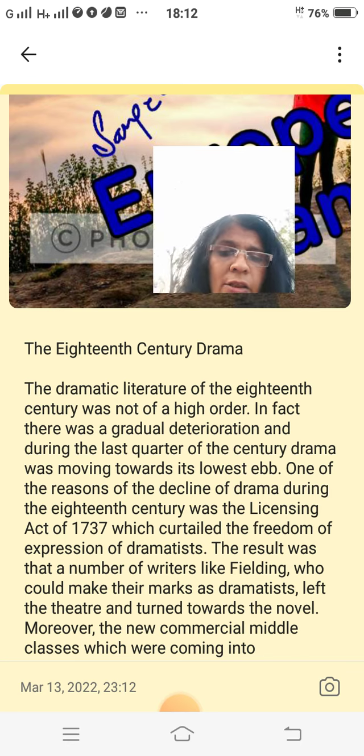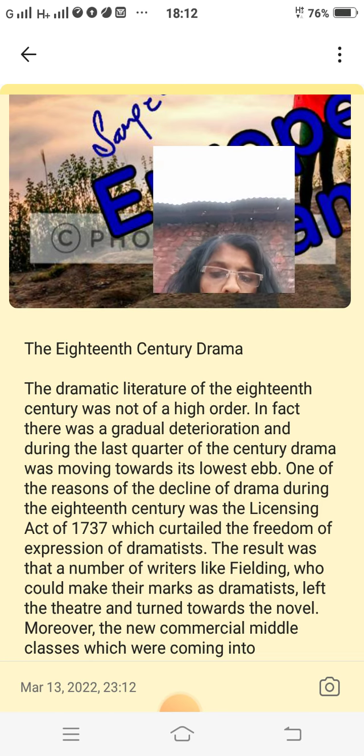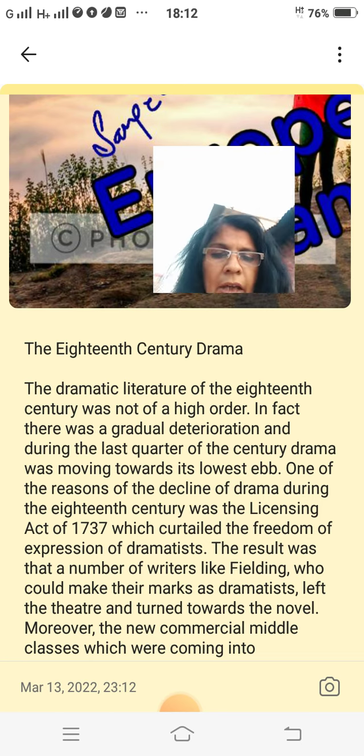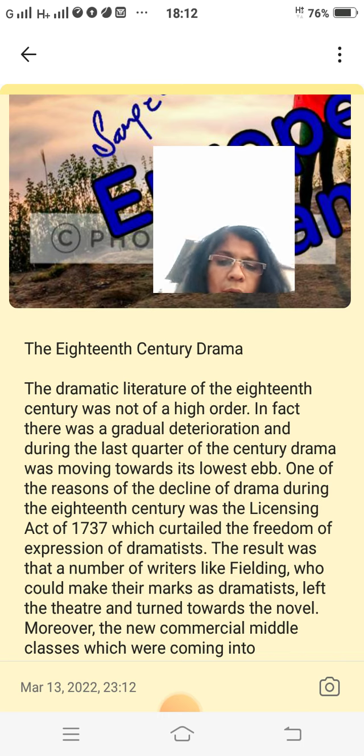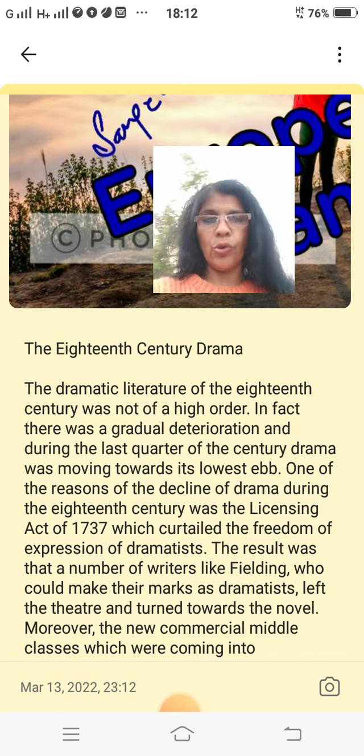The result was that a number of writers like Fielding, who could have made their mark as dramatists, left the theatre and turned towards the novel. Moreover, the new commercial middle classes were coming into